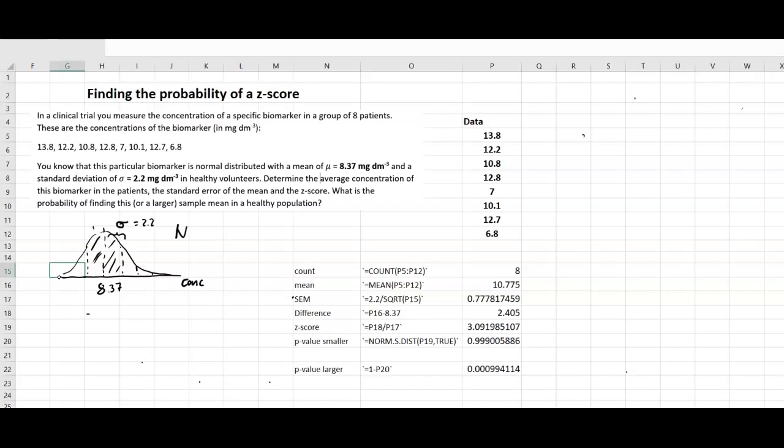So this here was the normal distribution with 8.37 and the standard deviation of 2.2. Let's write it like that. When we take a sample, we are dealing with a sampling distribution, and we would get, again,